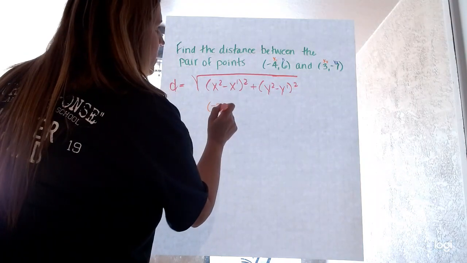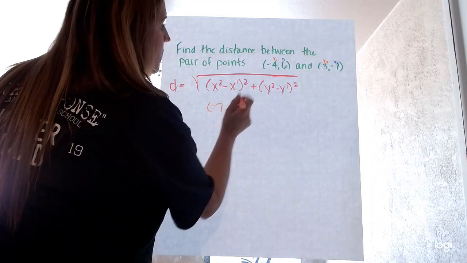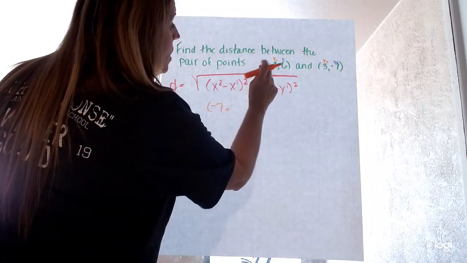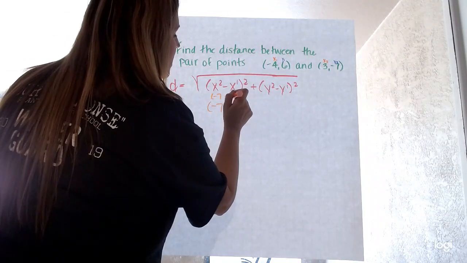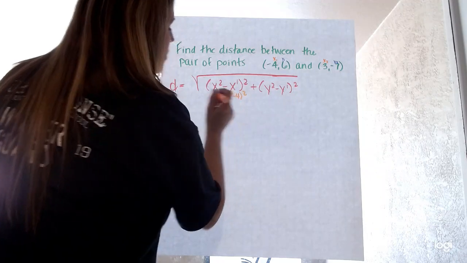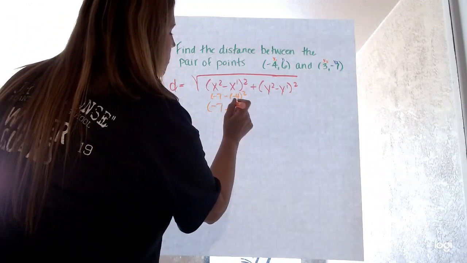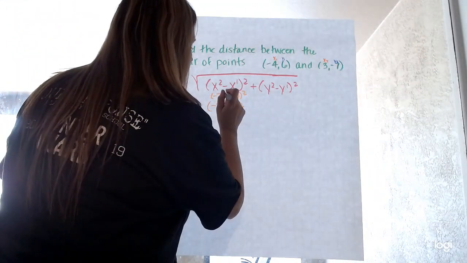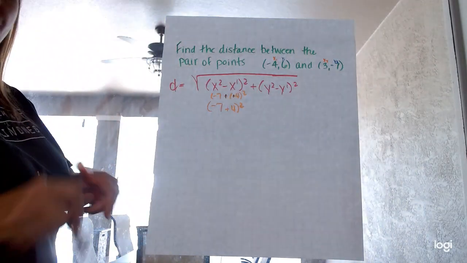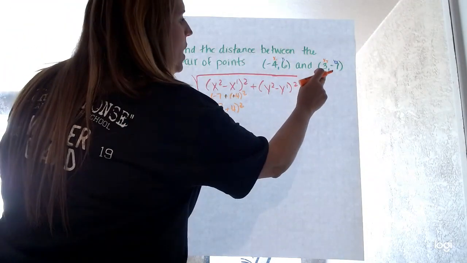So negative 7 plus x1, whoops, plus, well, let's do it this way. Negative 7 minus a negative 4 squared. So when I have that, it's going to become plus 4 squared, because minus a minus becomes a positive. Sorry guys, I jumped ahead of you. And then y2,